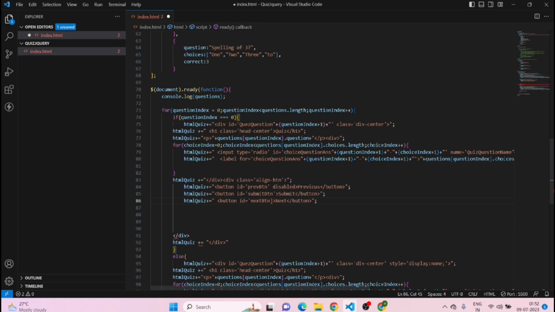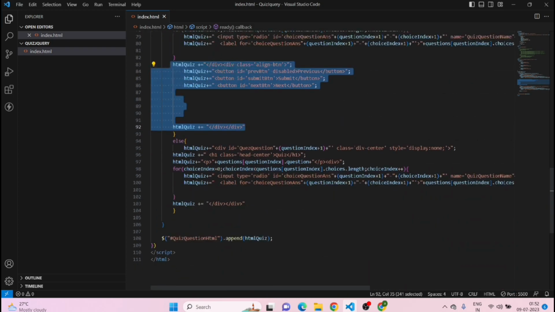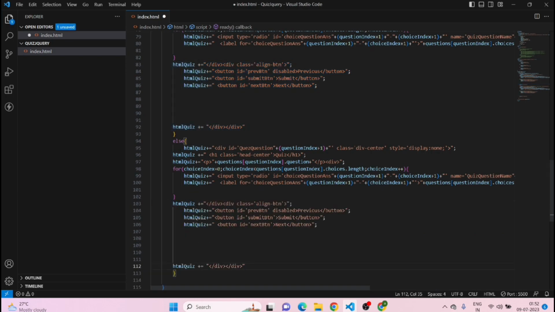Okay, once you are done with this, we will be closing the div tag, which is for this one and one is for this one. Same way, just do this, guys, copy this and paste all this thing here, inside this loop, this for loop. Once you are done with that,